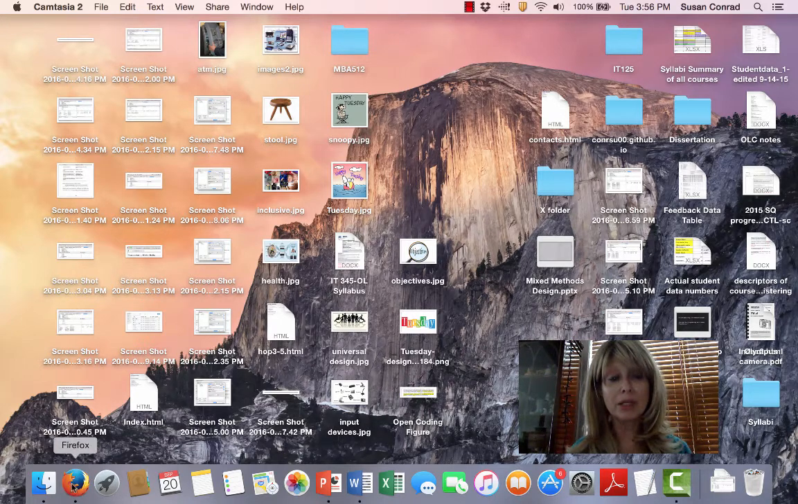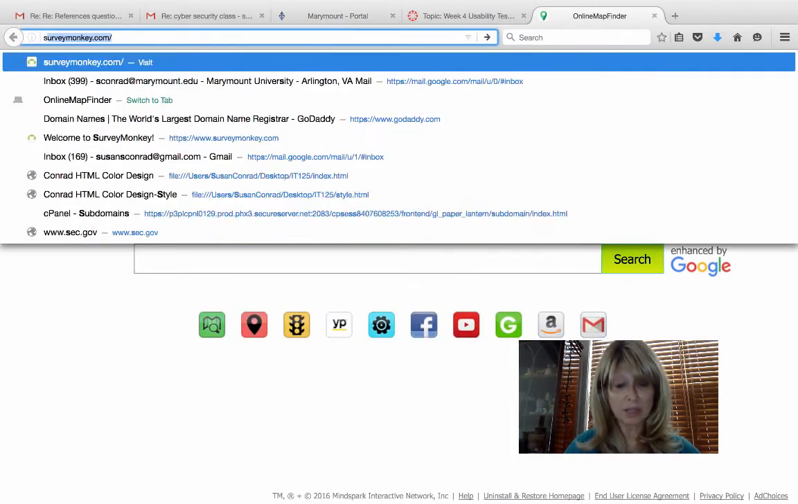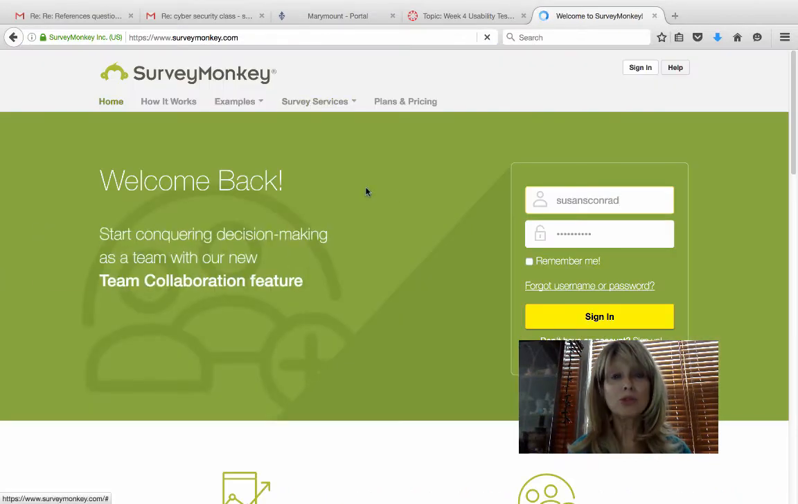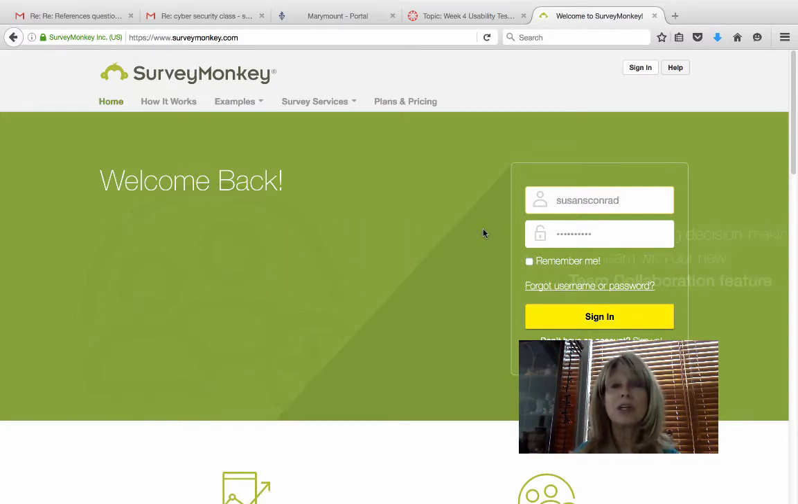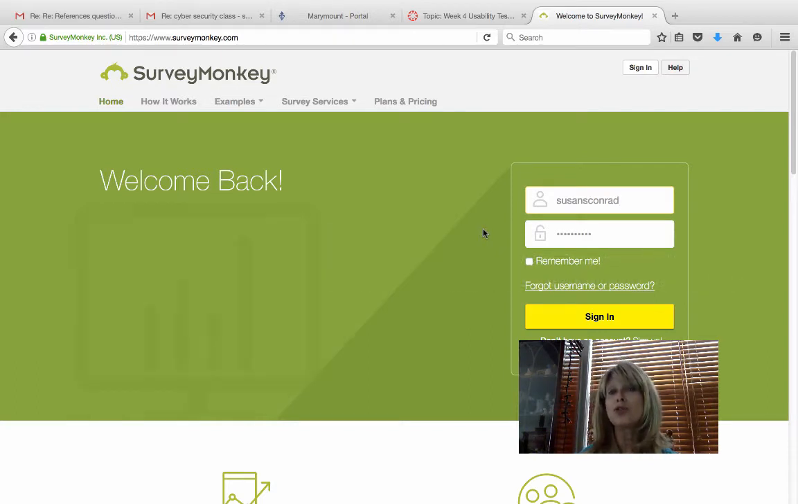So SurveyMonkey, if we go to the internet, get a new one here, is very easy. You just type surveymonkey.com and it will bring you to this page. Now, I already have an account with SurveyMonkey that I pay for, but you as a student can get a free account. It will have limited features, but enough features to be able to do this exercise that we're doing. And I think you can only do 10 questions, but within a question, you can do a lot of different